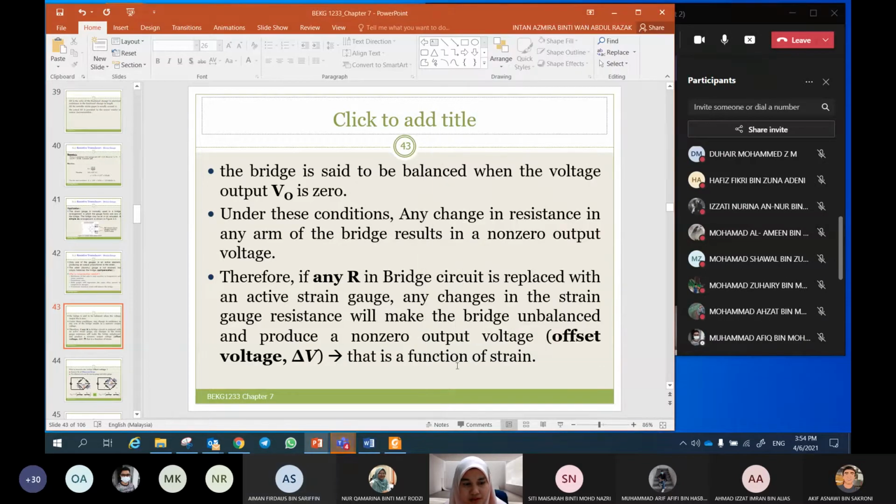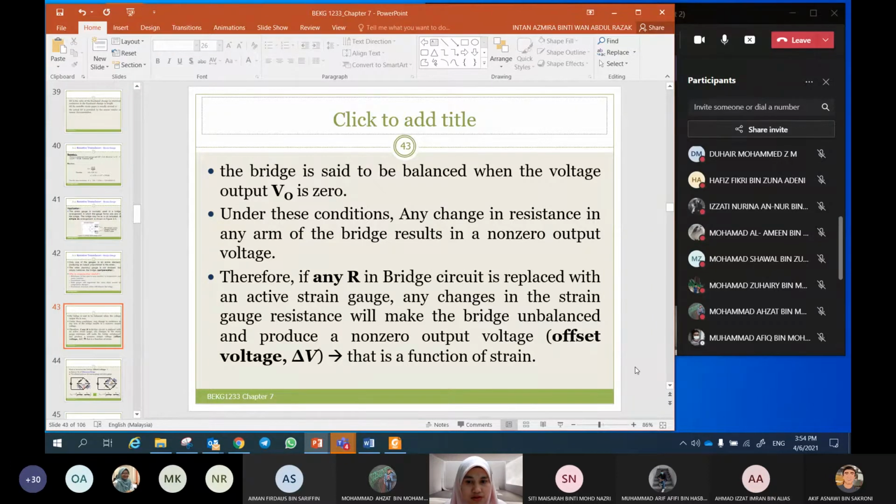Before we give stress to the strain gauge, initially, the output voltage is equal to? Azad? Yes. Before we apply stress on the strain gauge, the output voltage is equal to 0. Okay, and then when we apply stress to the Wheatstone bridge or to the strain gauge, there will be a non-zero output voltage.